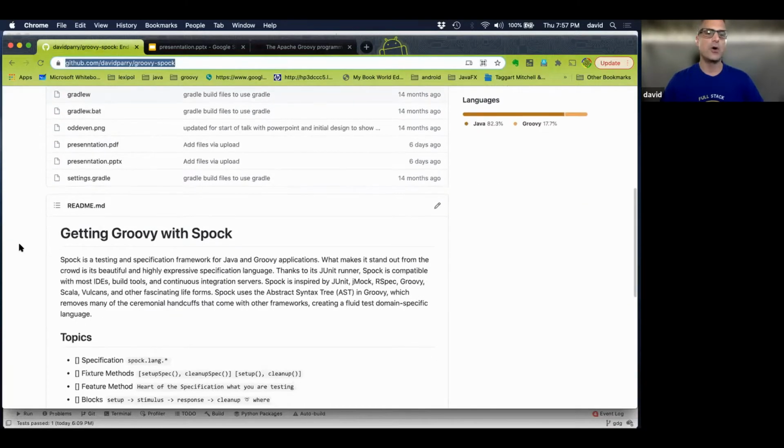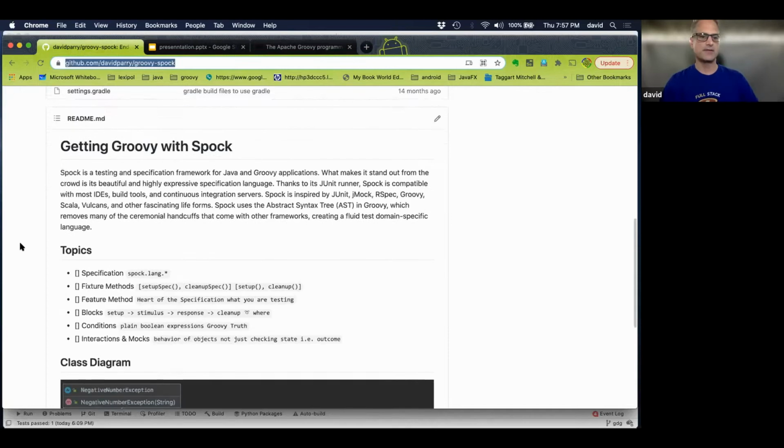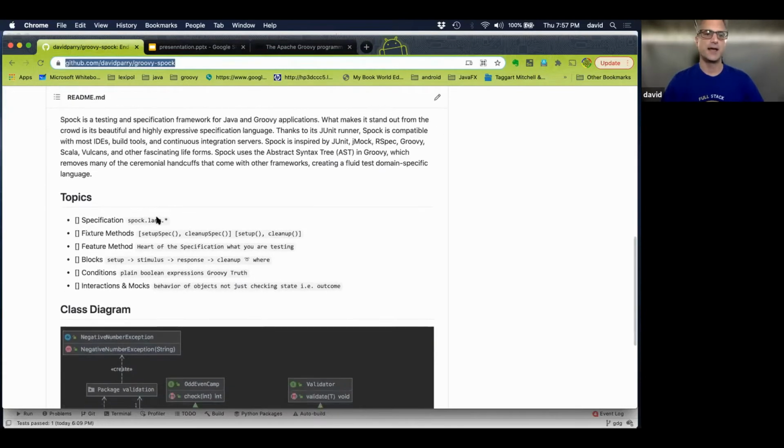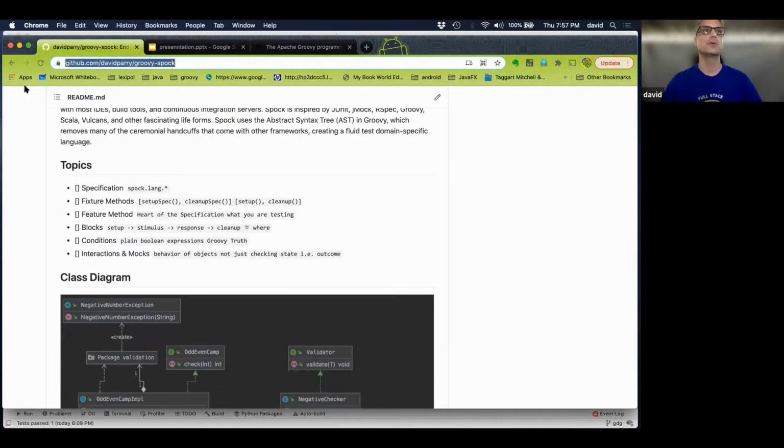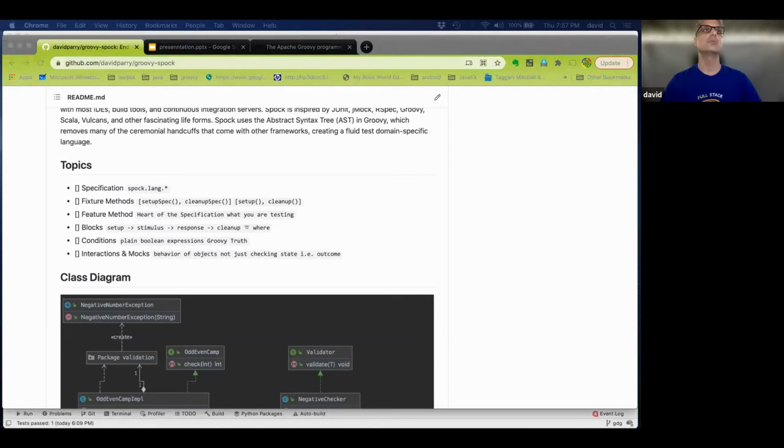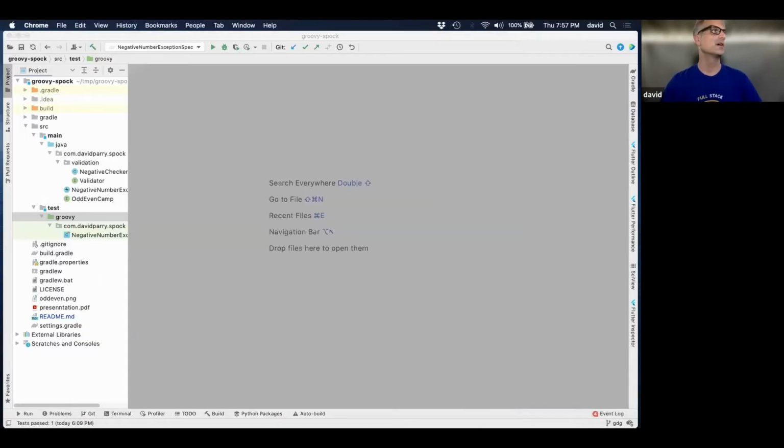And I have my whole Getting Groovy with Spock, and I have a little bit of stuff on here for the actual README and kind of give you some examples. I'm going to try to use that, and you guys can hold me to it, to kind of go over, hey, what's the specification? Well, did we check that or not? So I'm going to go ahead and move this window off. We'll come back to the presentation down, and we're here on the IDE now.